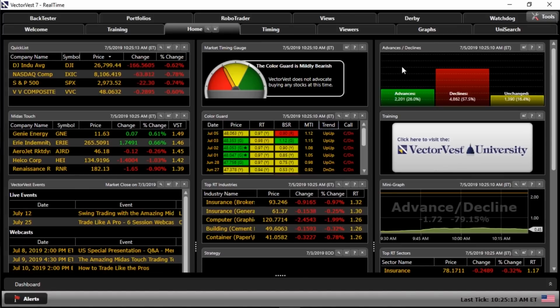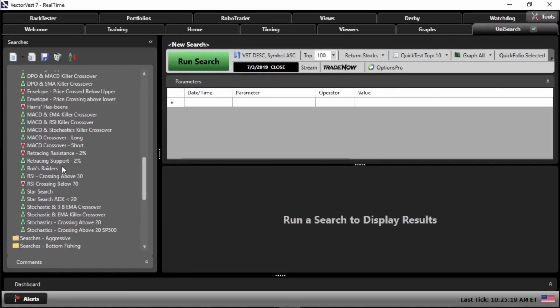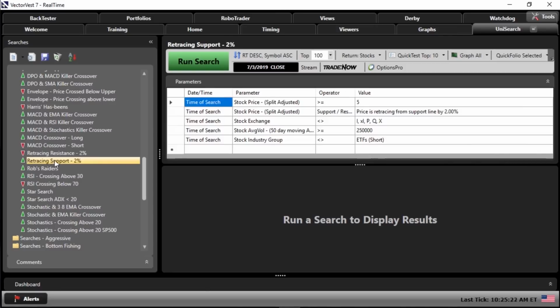So what I would do is I would go into the Unisearch tool. Let me take the date back to July 3rd, 2019. And I'm going to run this search because we're bullish on the market, right? Because the market's rising, we're going to look to go long. I'm going to run this search called retracing support by 2%. However, I'm going to change that to